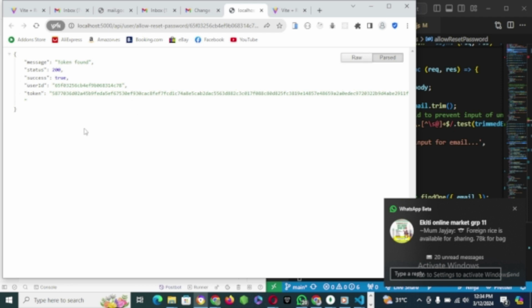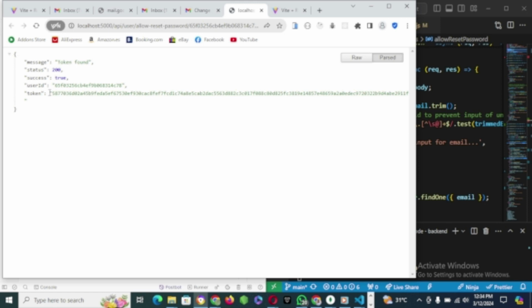When I connect the front end, this endpoint is going to call the front end URL plus this user ID and this token. Immediately it calls that page. When the page is loading, we will display loading, and the next thing, the front end is going to pick this user ID and the token from this URL. You see it here. This one is this one. So it's going to pick this one, and it's going to pick this one,